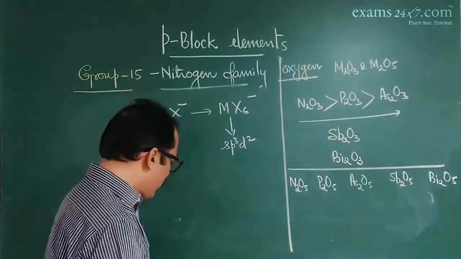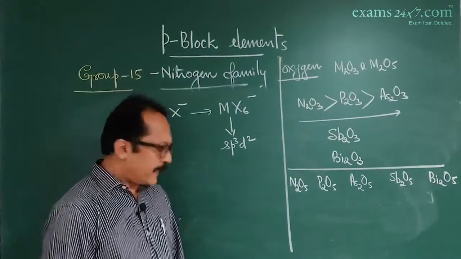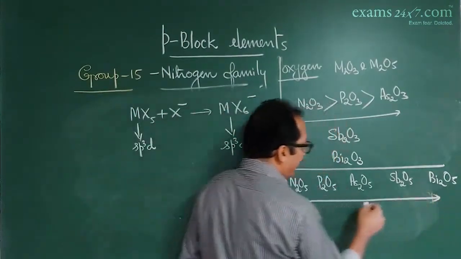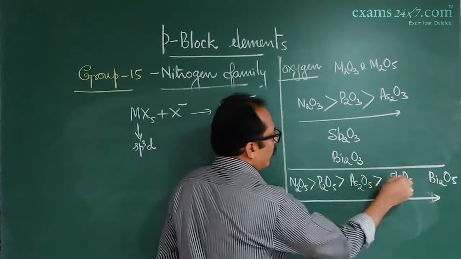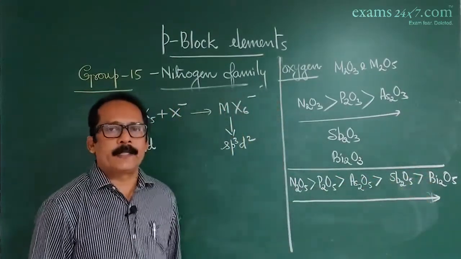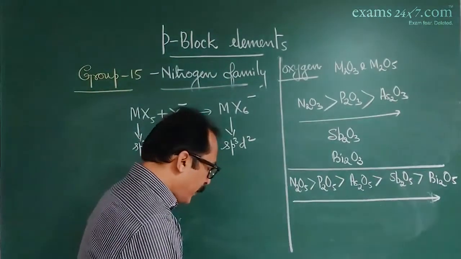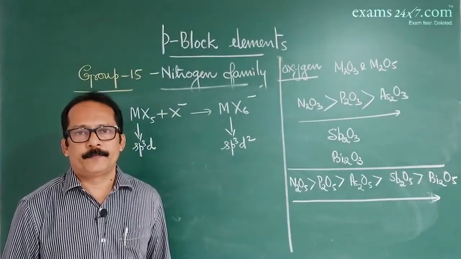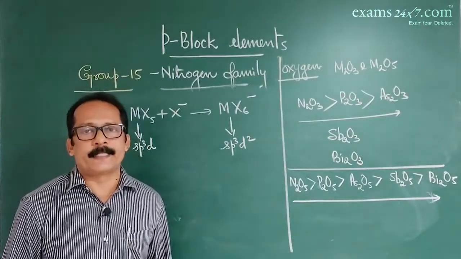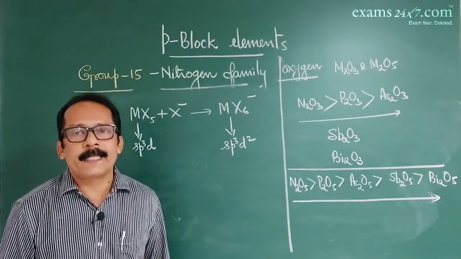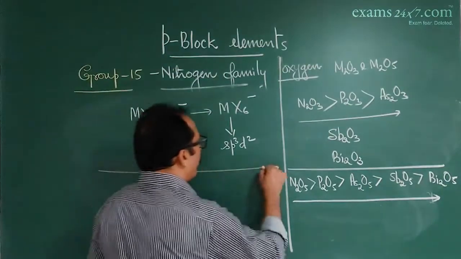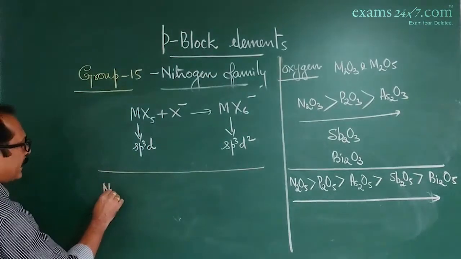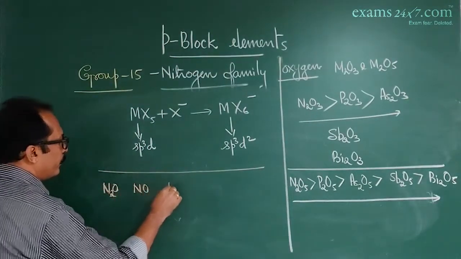Now, here which is most basic? So acidic strength decreases down the group, as the electronegativity decreases. Now, one more, when you consider oxide of the same element, as the oxidation state increases, acidic nature increases. Now we can take the example of oxide of nitrogen, +1 to +5: N2O, NO,